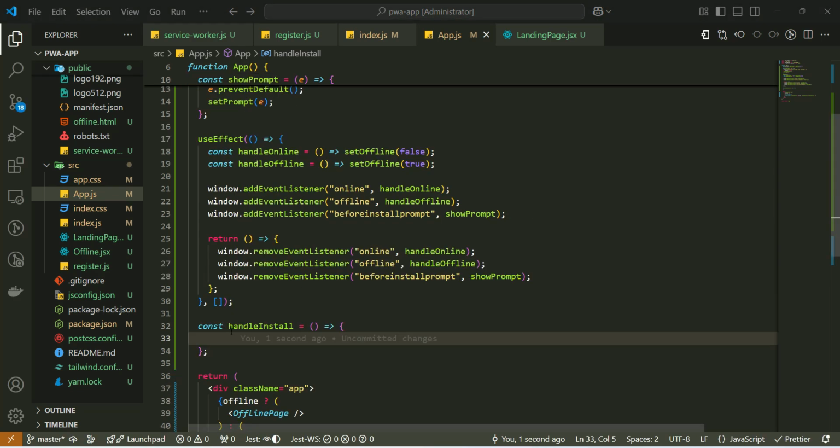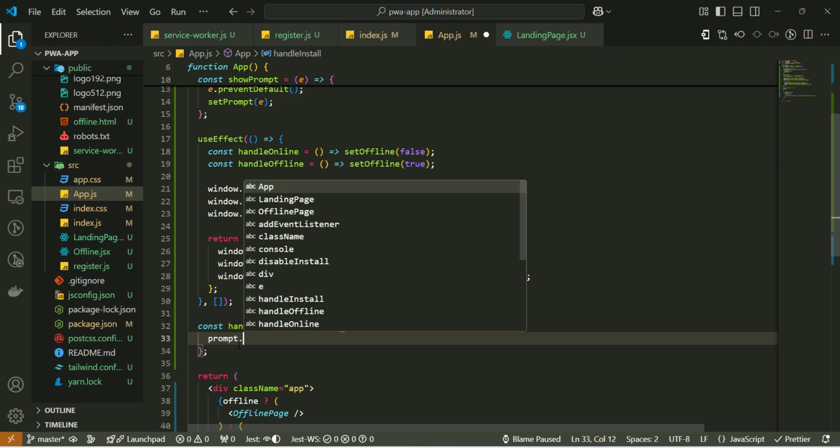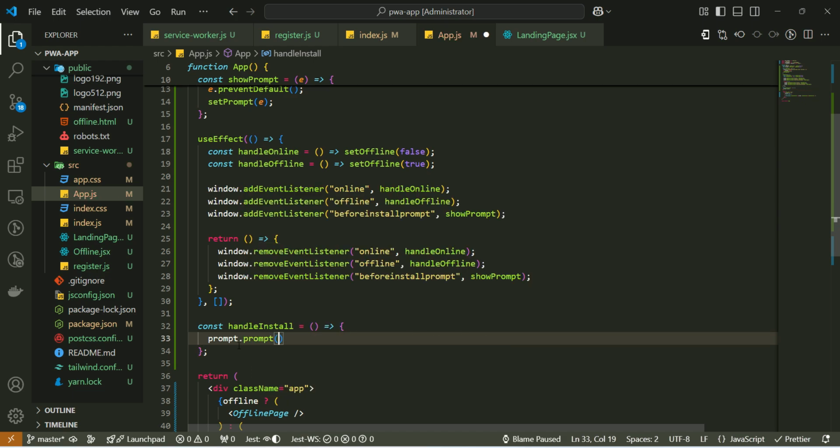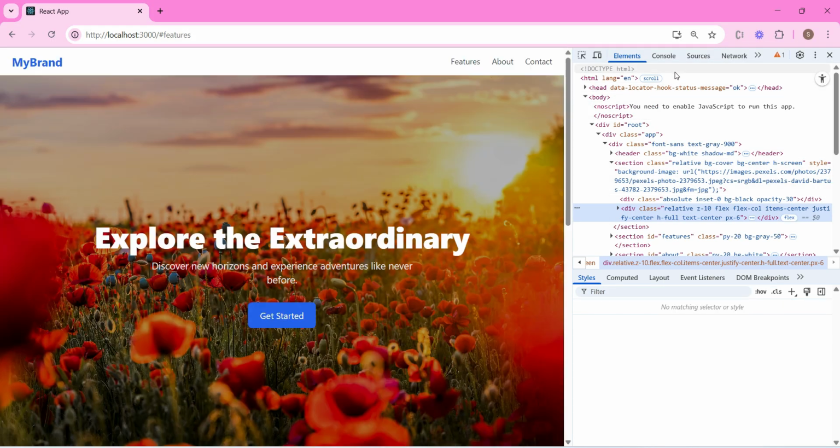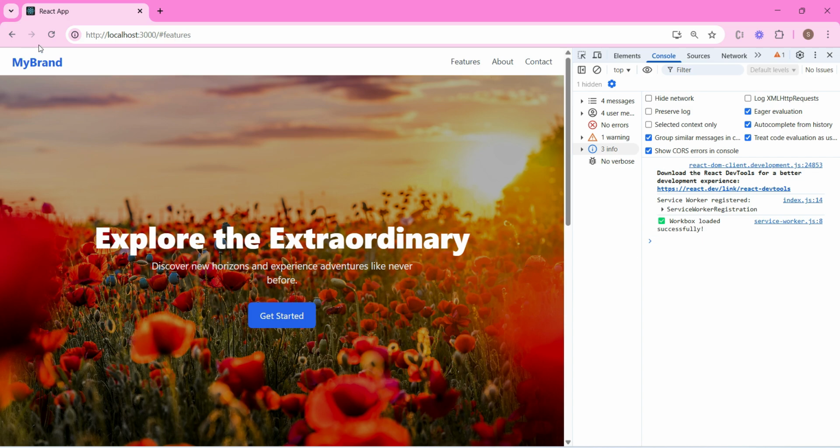And here inside, what I need to do is, in the prompt variable that I've stored, it has another prompt variable inside it, which is not a variable but a function. So what I need to do is call prompt. Just for security, if we don't have any prompt variable available, I'm just going to return, but otherwise I'm going to show that prompt. I think everything related to the setup is now done, and what I'm going to do is make a refresh,